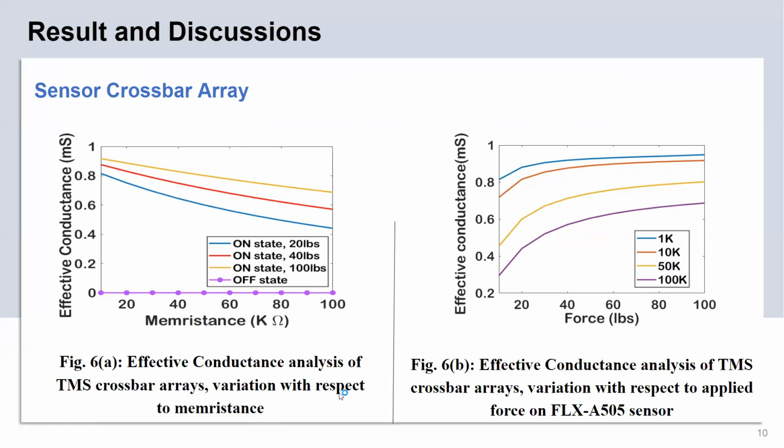with variation with respect to membrane. Figure 6a shows that as the membrane increases, the effective conductance reduces. Figure 6b shows the effective conductance analysis of the TMS crossbar array with variation with respect to applied force. As force increases, the conductance increases, and the variation with respect to different resistance values is also shown in figure